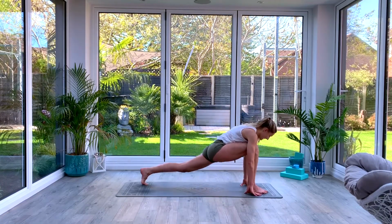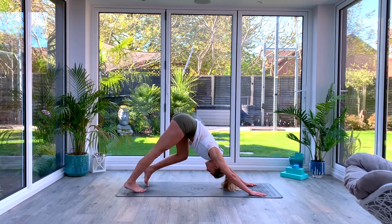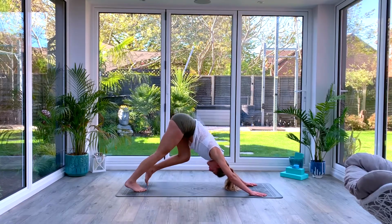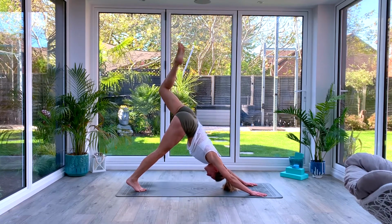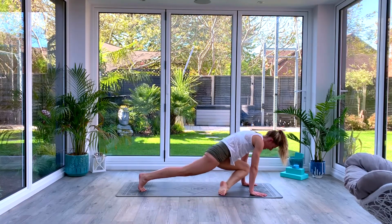Take a nice deep breath. And then as you exhale, step back to down facing dog. Pedal out the feet if you want to. And then this time we're going to inhale to lift the left leg up high towards the sky, three-legged down facing dog. And then we're going to swing that leg through into pigeon pose. So bend at the knee, swing the leg all the way through as you exhale, bringing the leg at a